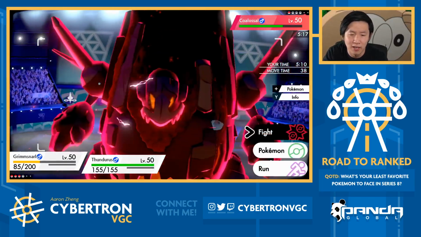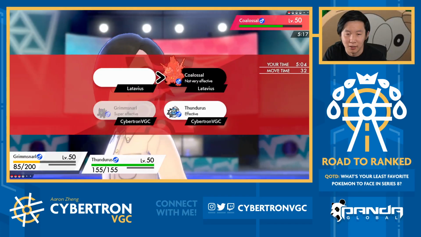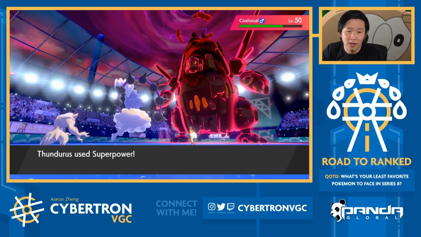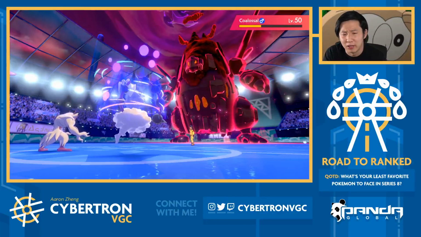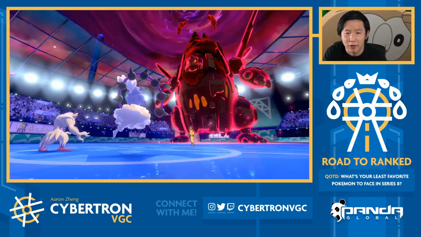But I think my opponent was too hard locked into thinking I was physical Kyurem. So this reminds me a lot of when we were playing with that Zekrom team, just a couple of days ago. Because your opponents will often think, hey, they're built one certain way, when in reality they're not. I'm just going for Superpower here, because, sure, I'll activate Weakness Policy, but I have a Focus Sash Urshifu in the back with Surging Strikes that outspeeds Coalossal, right? So I don't really care about activating Policy here as long as I guarantee I KO the...